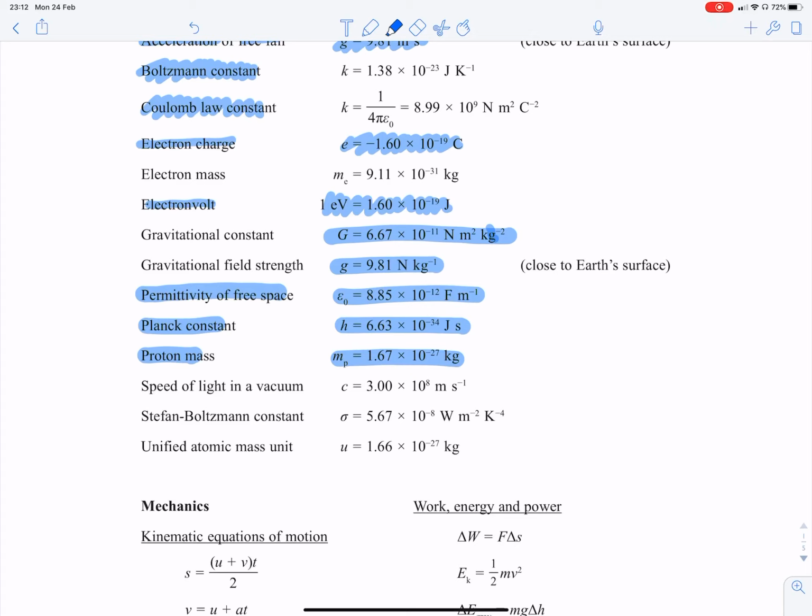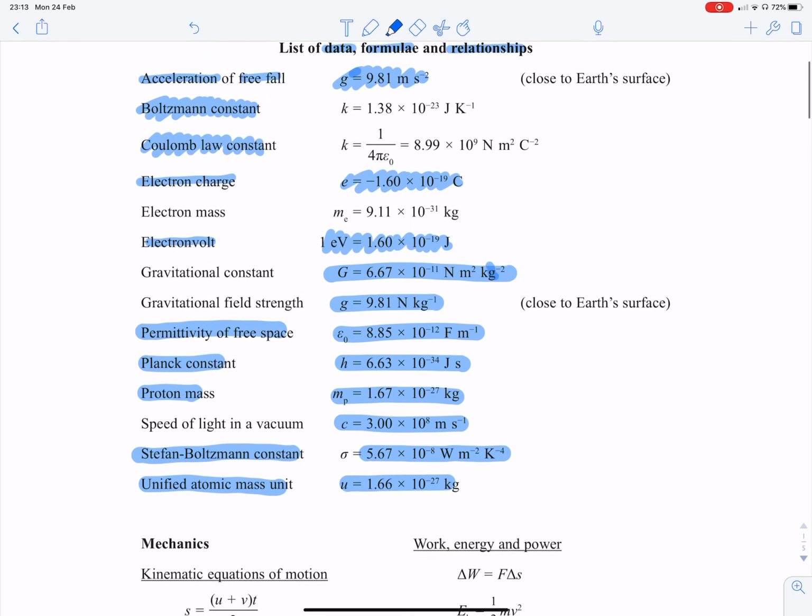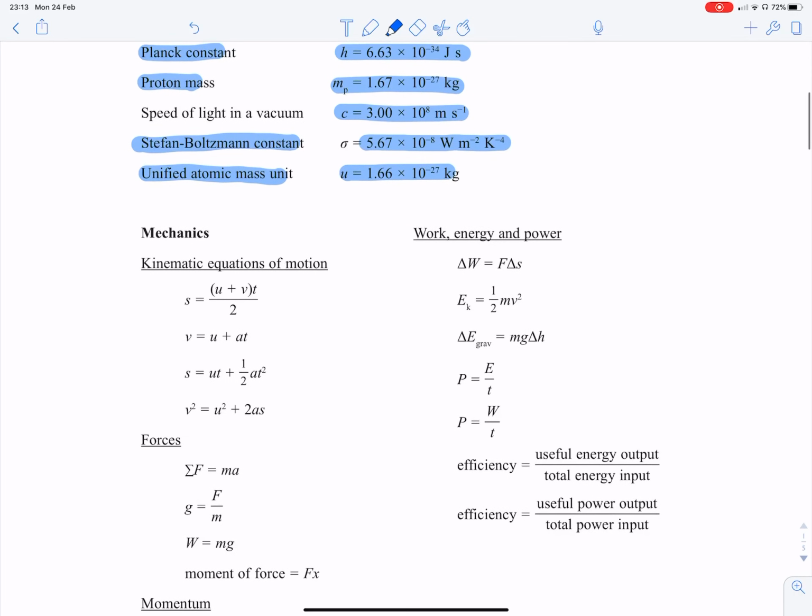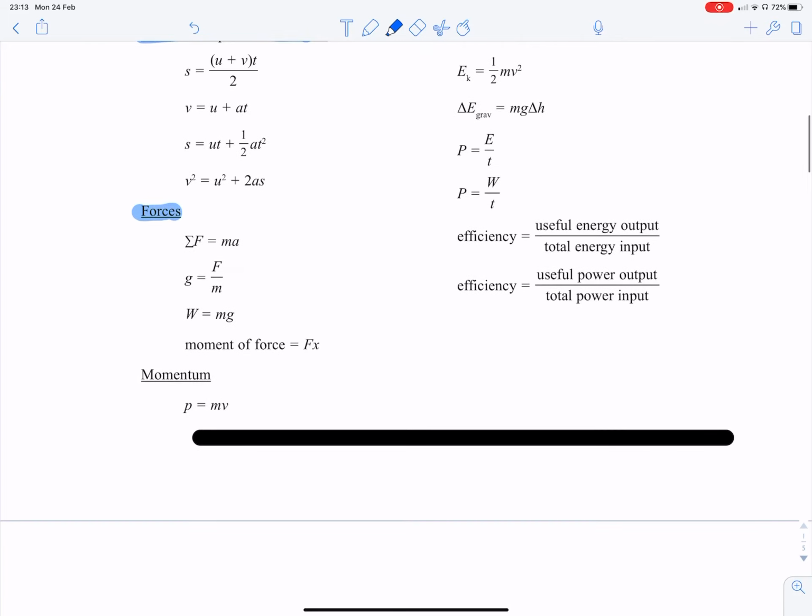And if you look at the unified atomic mass, it is also 1.66 times 10 to the power minus 27 kilograms. Speed of light in a vacuum is 3 times 10 to the power 8 meters per second. Stefan-Boltzmann constant is 5.67 times 10 to the power minus 8 watts per square meter per Kelvin to the power minus 4. Then I've got some equations for mechanics, and in mechanics we have kinematic equations with forces, momentum,